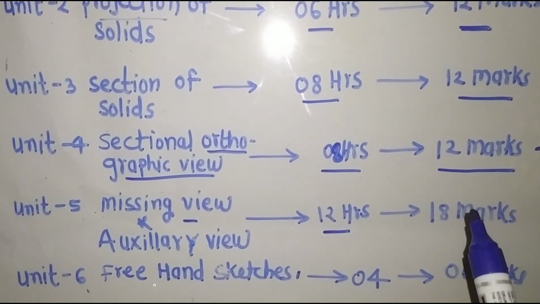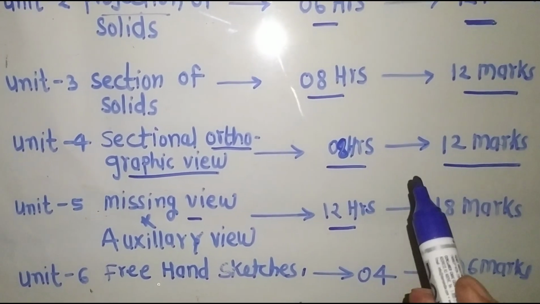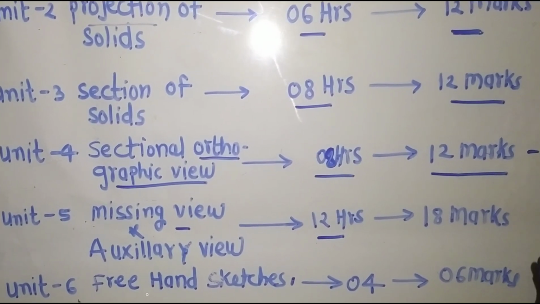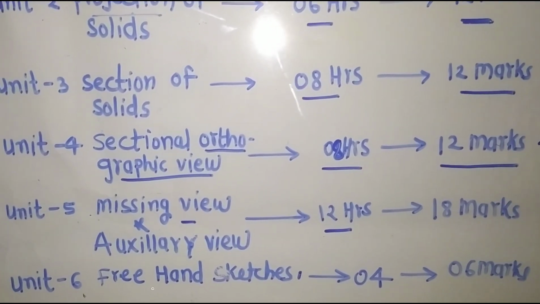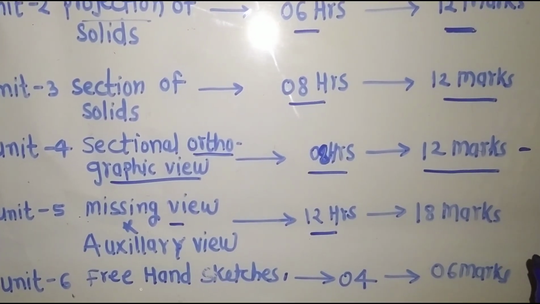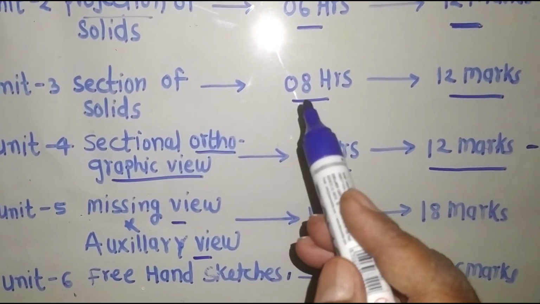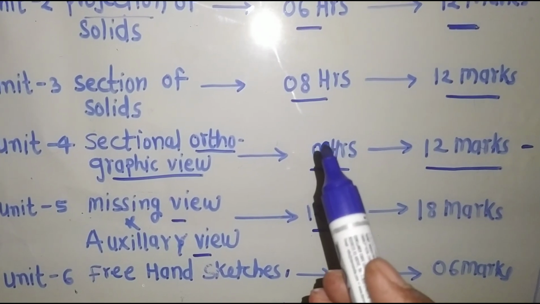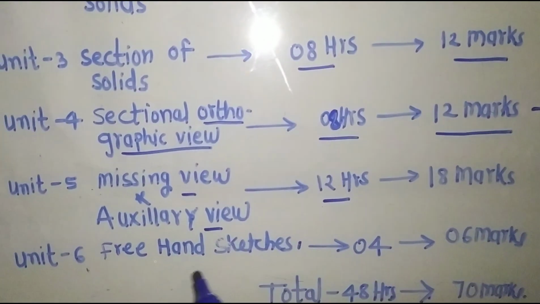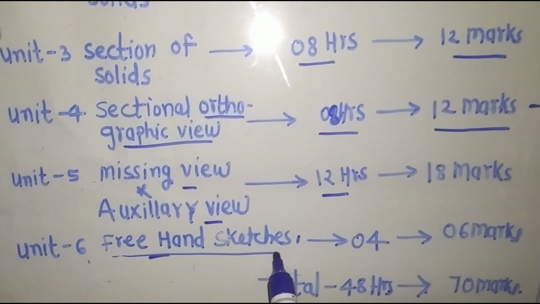From the two views, you can draw the three-dimensional view, and if you are able to draw the three-dimensional view, then you can draw the third view. If they give the front view and top view, or front view and side view, you can complete the remaining missing view or missing lines. Auxiliary views are the views we create on the inclined plane to obtain the true shapes of the inclined plane after cutting sections.